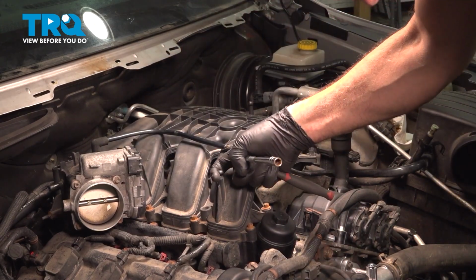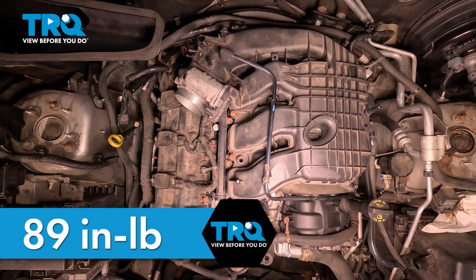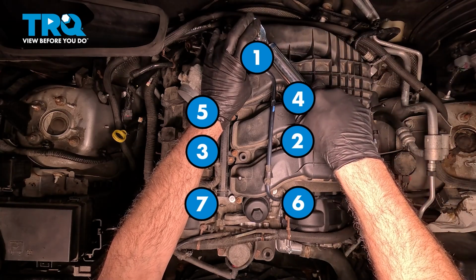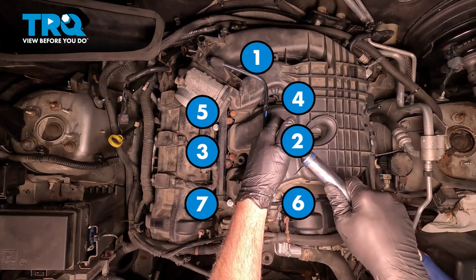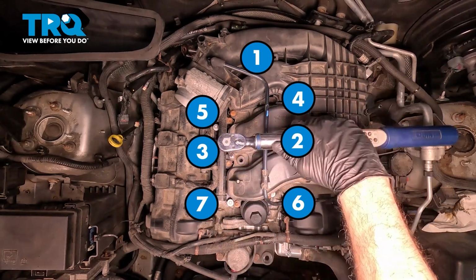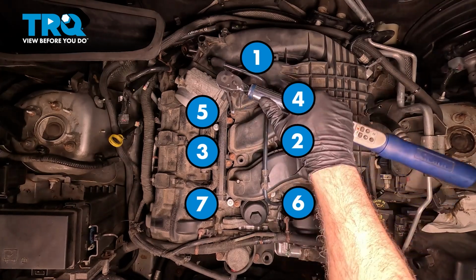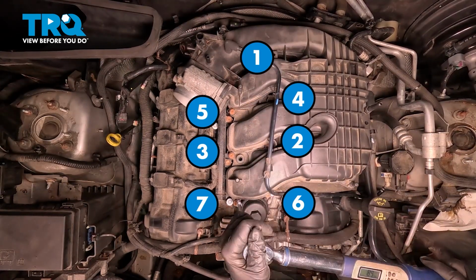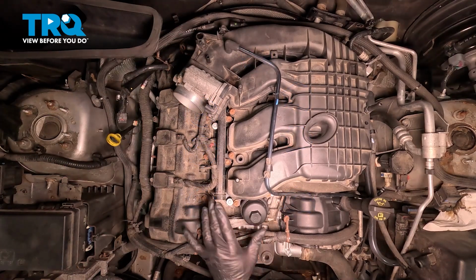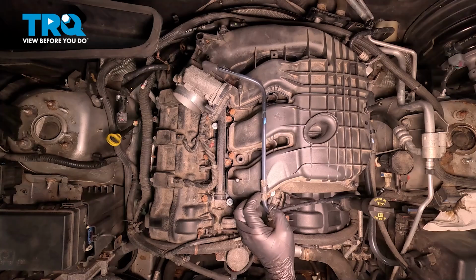Now that we have all of our bolts installed on the upper intake, let's go ahead and torque them down. Now I'm going to go ahead and torque down our bolts here. There is a particular pattern. You can go ahead and follow along on the screen here. And we're going to torque this to 89 inch-pounds, starting with the rearward bolt in the back here. Now we went ahead and torqued everything down. If you want to, you can go ahead and do that same procedure a second time just to make sure everything is torqued properly. At this point here, we'll go ahead and start to install the rest of our components